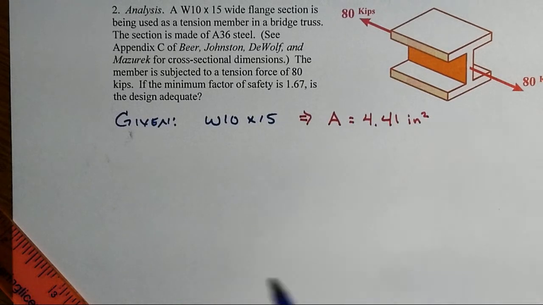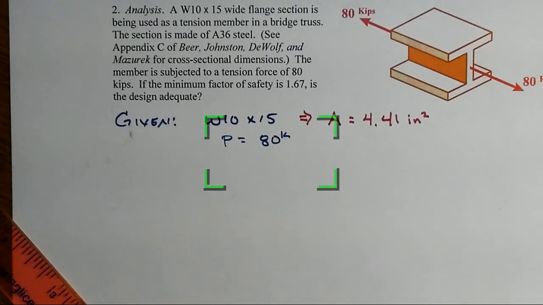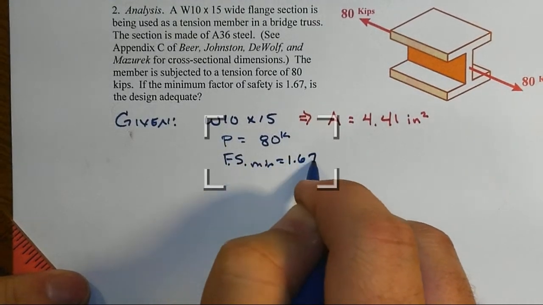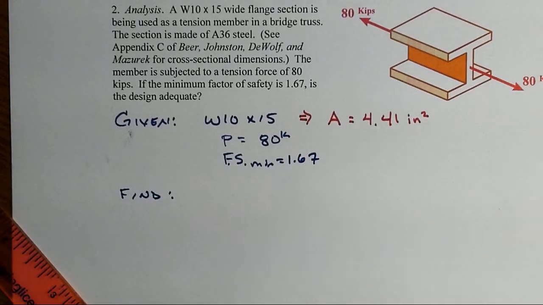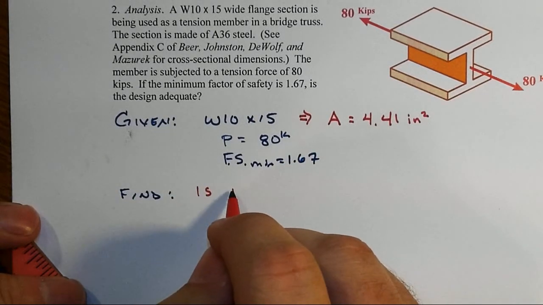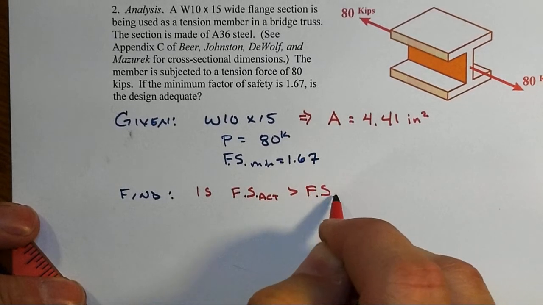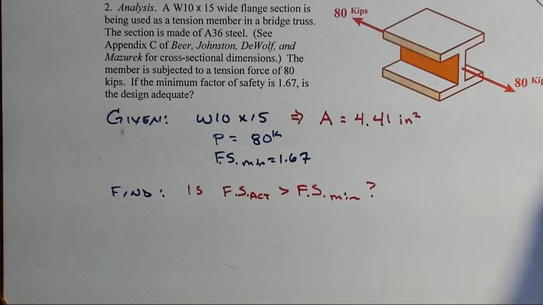We're given that our axial force equals 80 kips. We didn't have to do any analysis to get there. That was just given to us. And we're given that the factor of safety minimum is 1.67. And we're supposed to find then, is the design adequate, which means is the factor of safety actual greater than the factor of safety minimum. That's what we're trying to then determine. Right? So